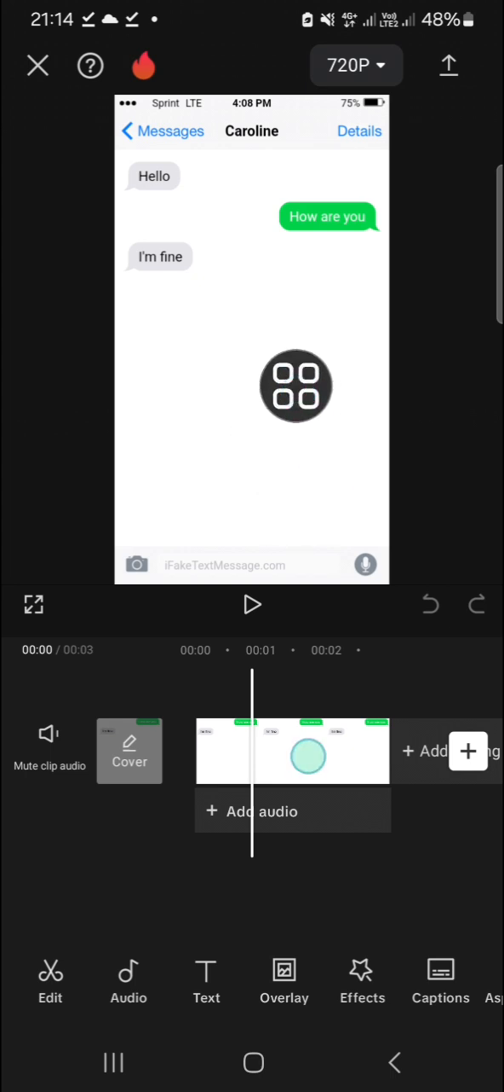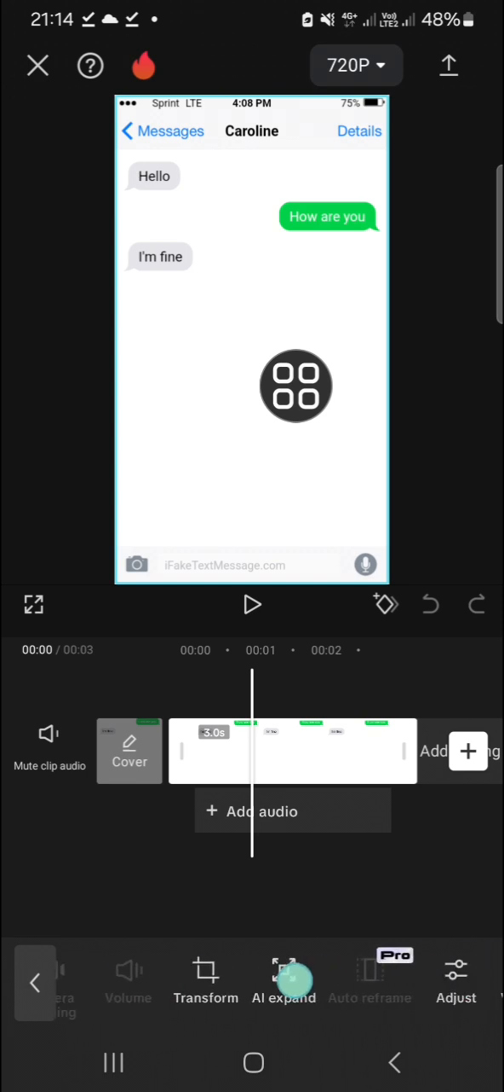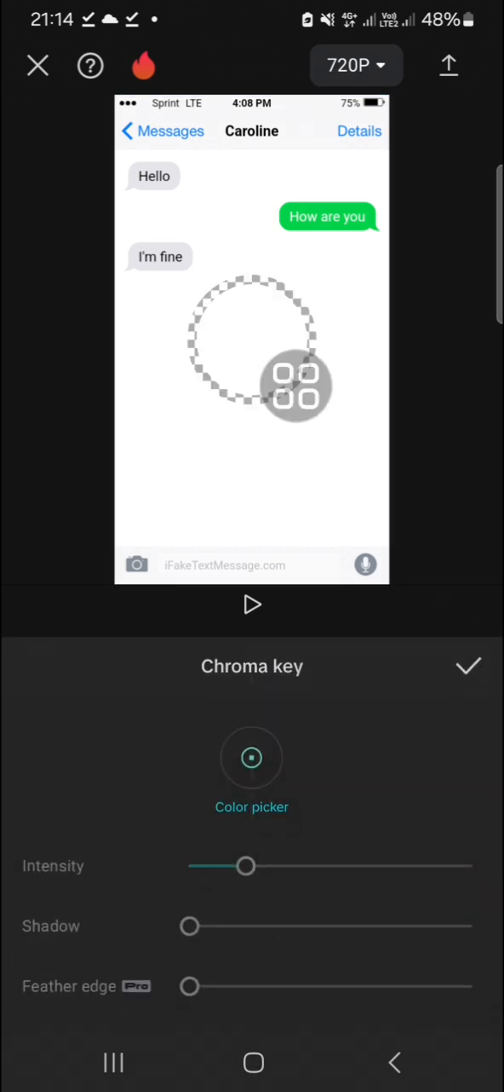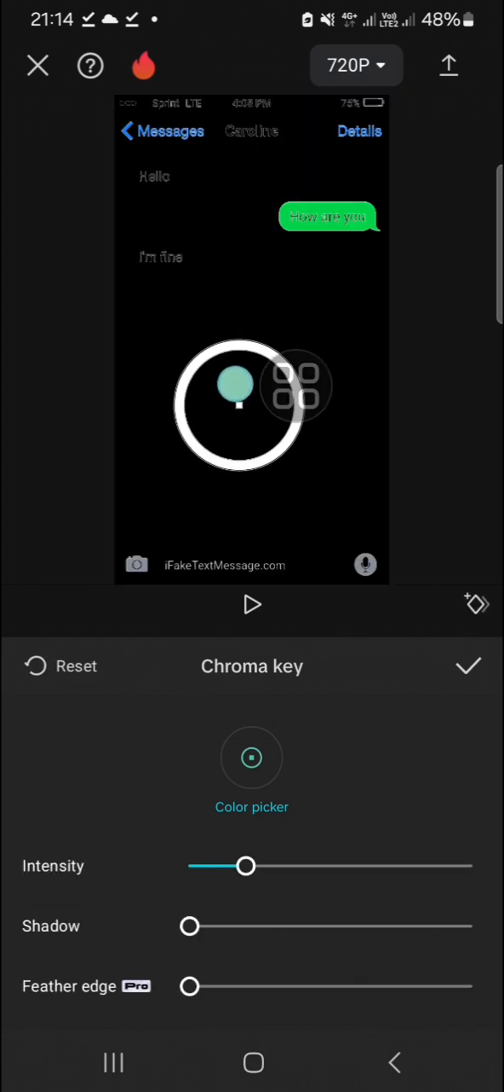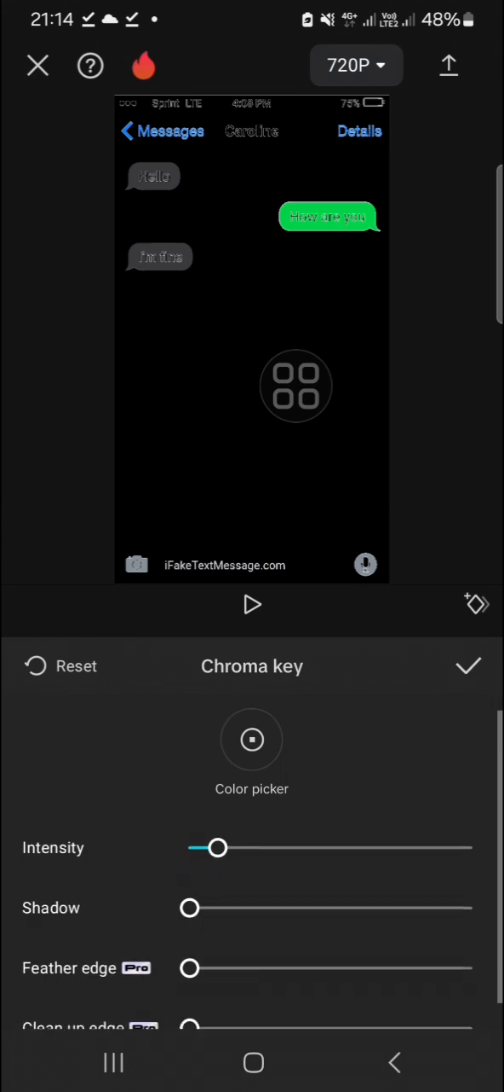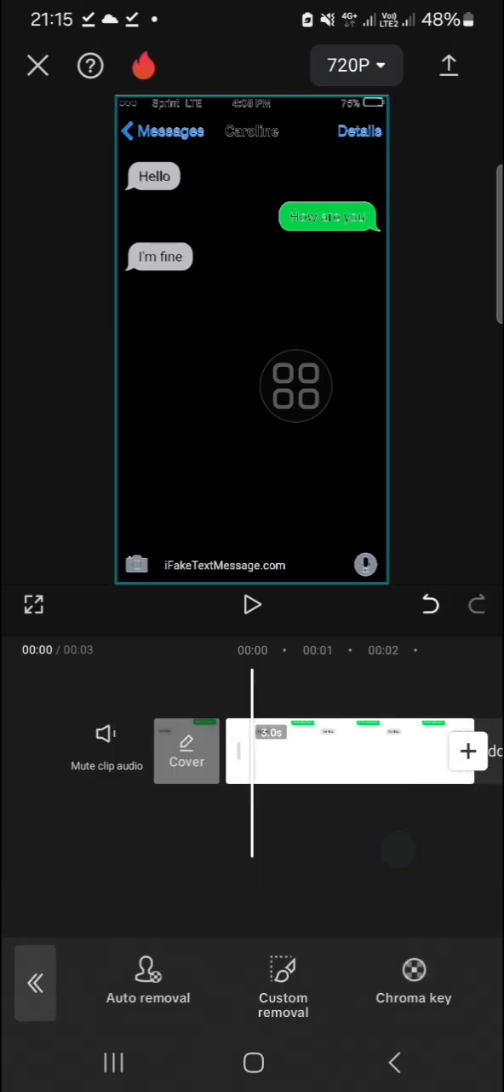I'm going to click on the image, and then I'm going to go to remove background. I'm going to use the chroma key, and I'm going to pick this white color. And we can customize the intensity, guys, just like so. Okay, I'm going to click on the check mark,